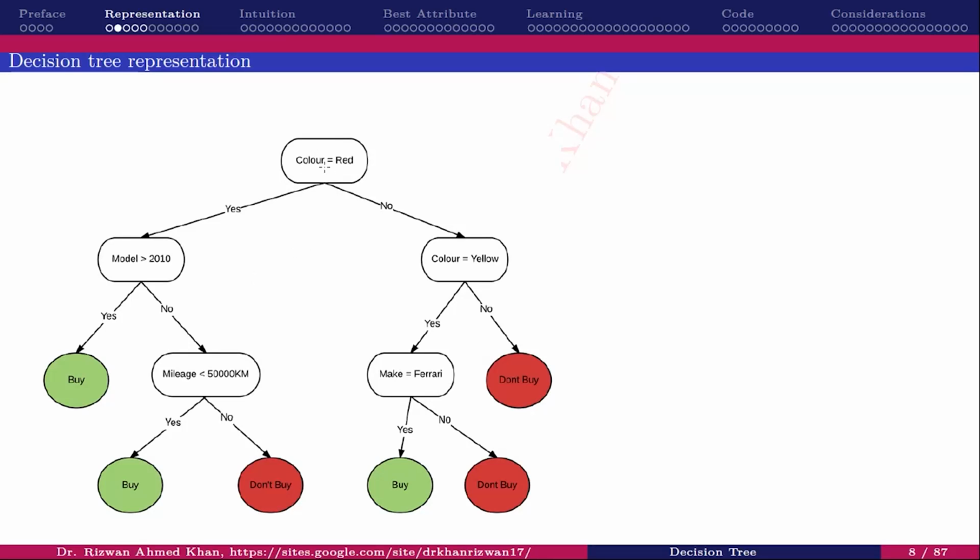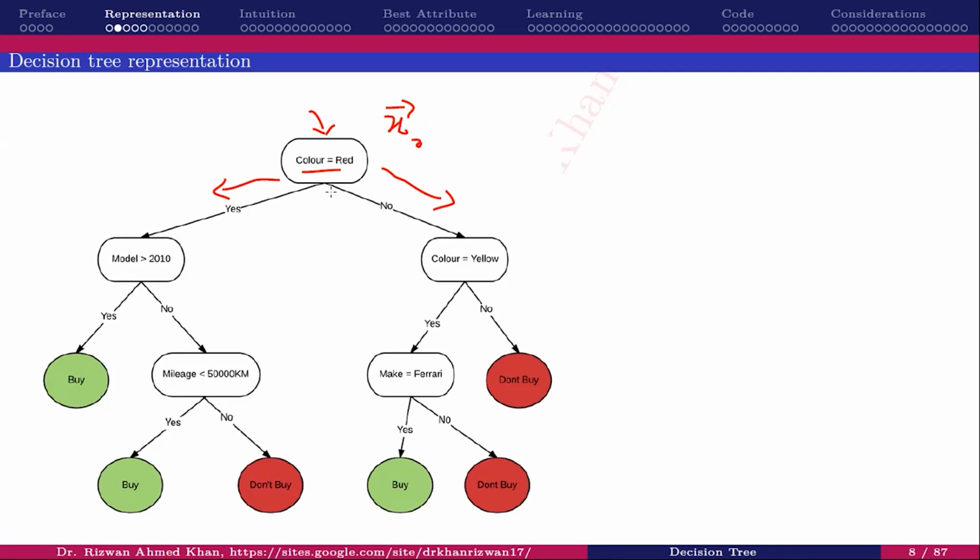So we can see that it says that if color is red, if this is true, then go towards this branch. If this condition is not true, go towards this branch. So this is a decision you make on the root node and on the attribute given in our feature vector. So these attributes actually are coming from our feature vector, right? So this is the X feature vector, and we are just cutting through the data set or the database using these attributes.